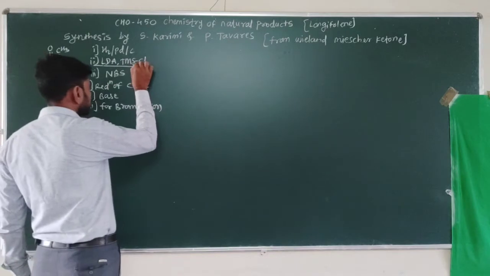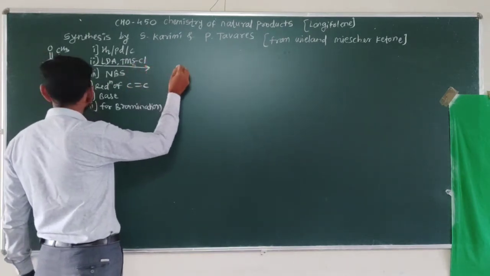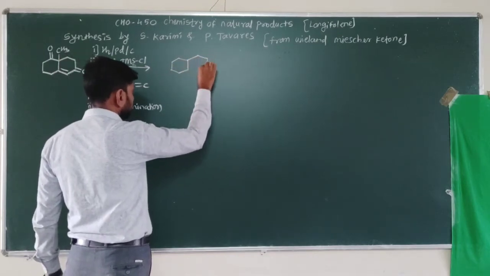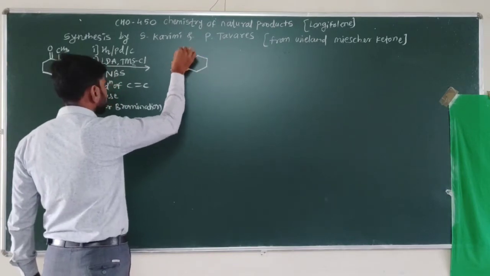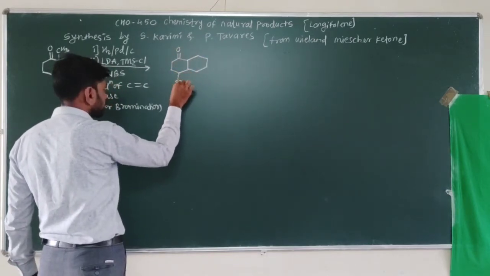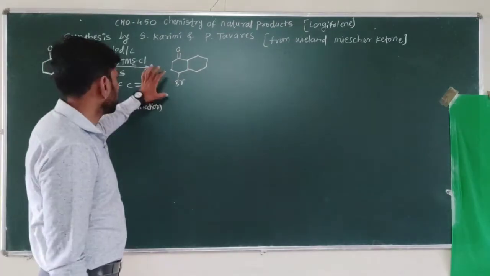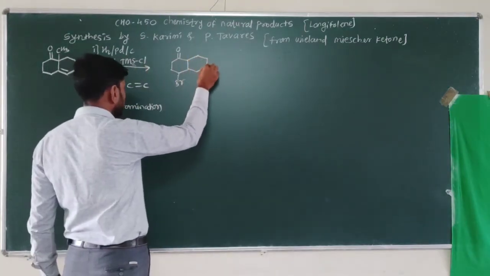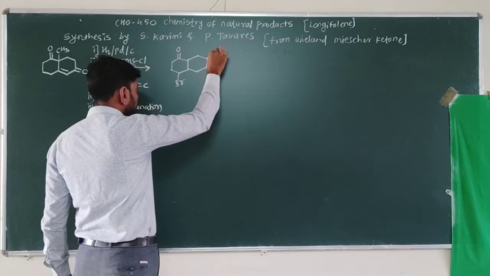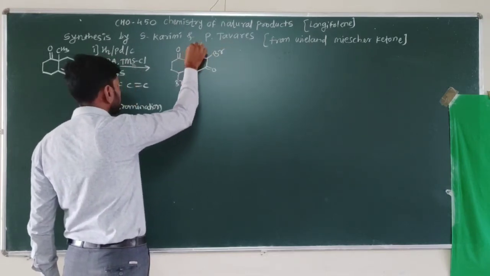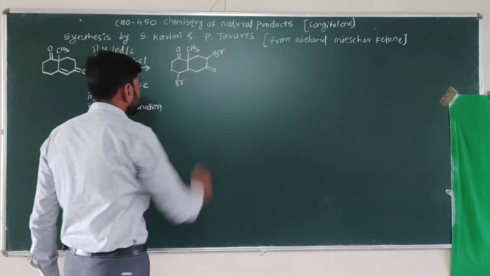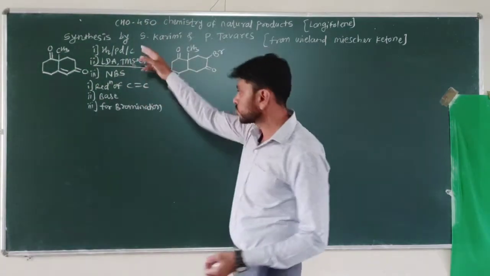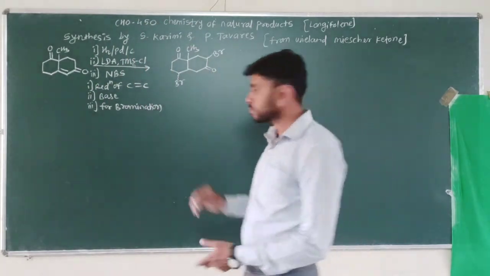So from this we obtain the compound here, with this carbonyl group as it is. Now bromination takes place at this place by the transannular effect. Here, with the transannular effect and N-bromosuccinimide, bromination occurs at this stage. CH3 remains as it is. So this is the product we obtain, the dibromo compound obtained by using these reagents.